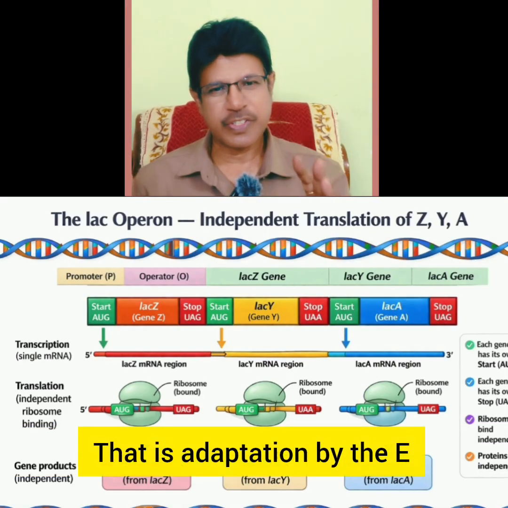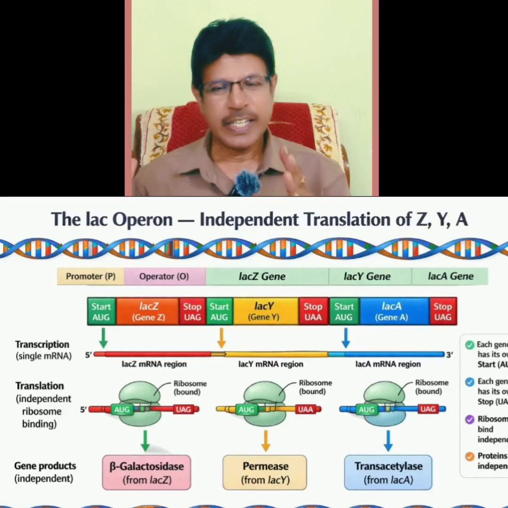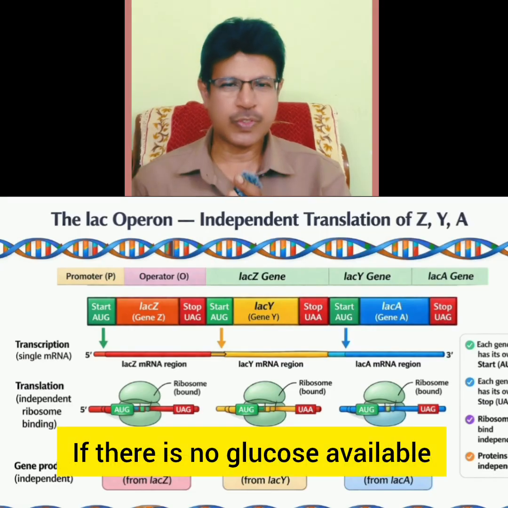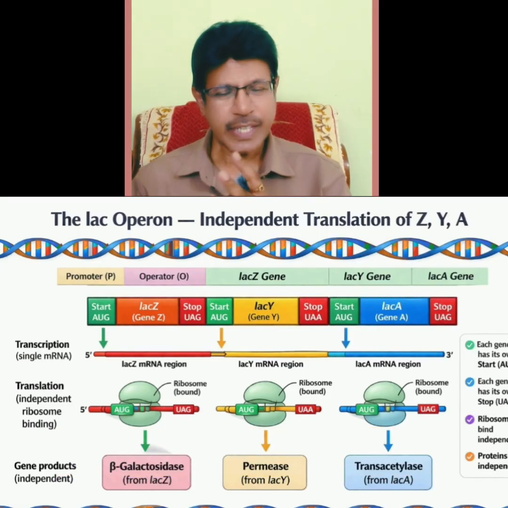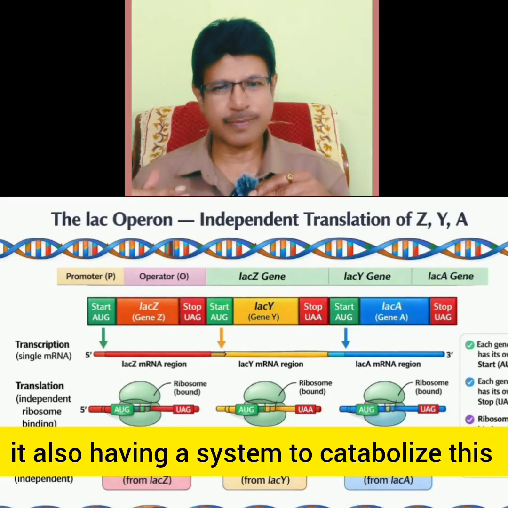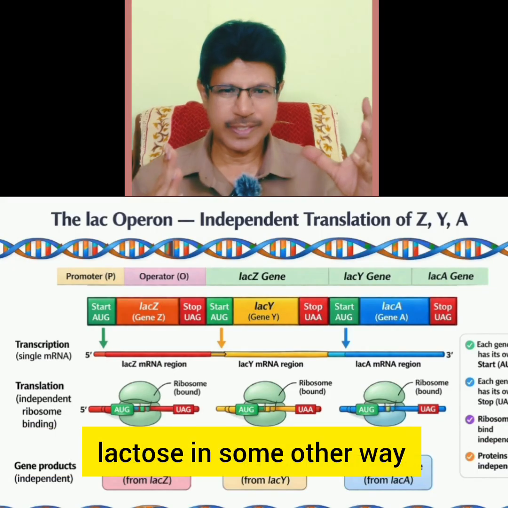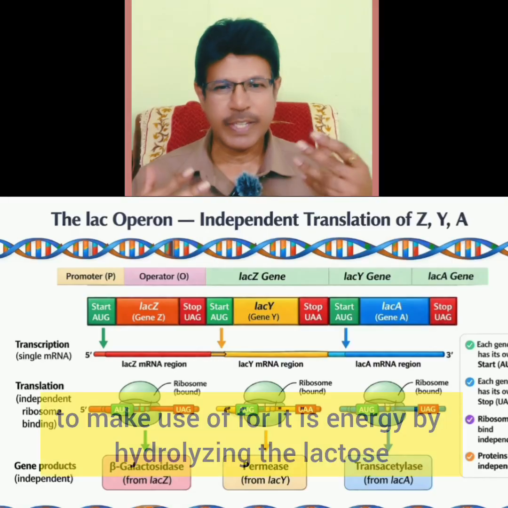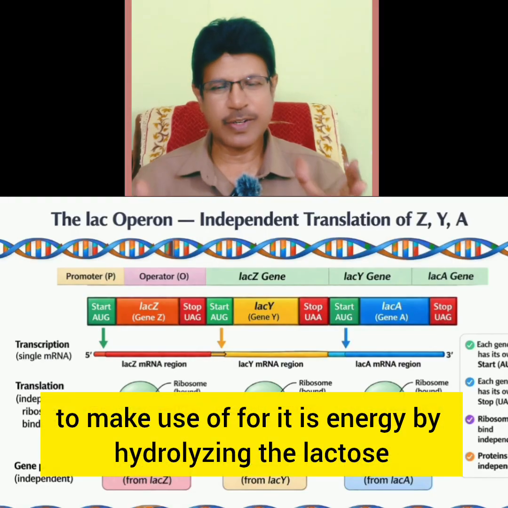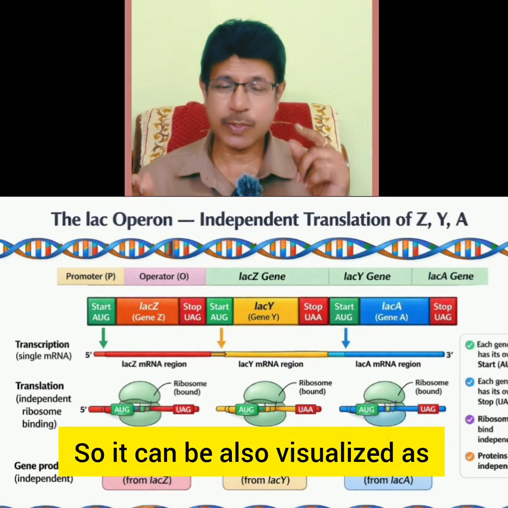That is adaptation by E. coli. If there is no glucose available, it also has a system to catabolize lactose in some other way, to make use of it for its energy by hydrolyzing the lactose. So it can also be visualized as